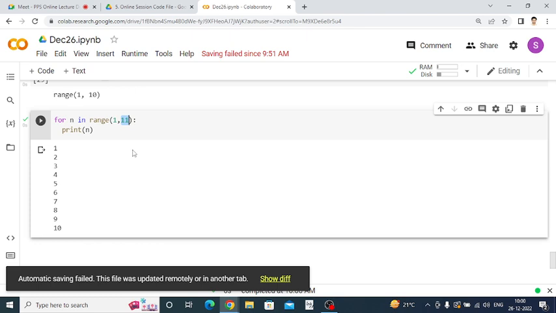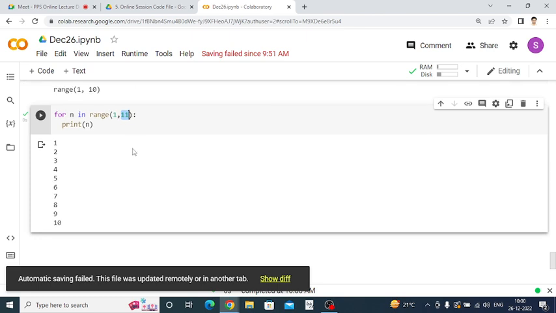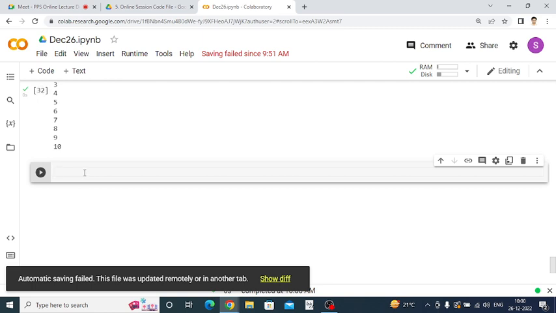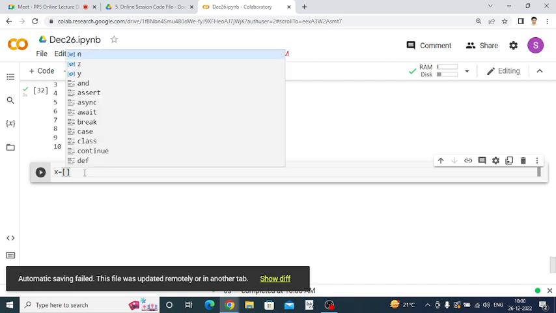So this is one way to execute a for loop. Then suppose I want to print elements from a list. Suppose x is equal to... okay, we will see lists in detail in an upcoming session. Here I am creating one list, x. A list is always enclosed within open and close square brackets. My first value is 10, second value 20, third value 30,